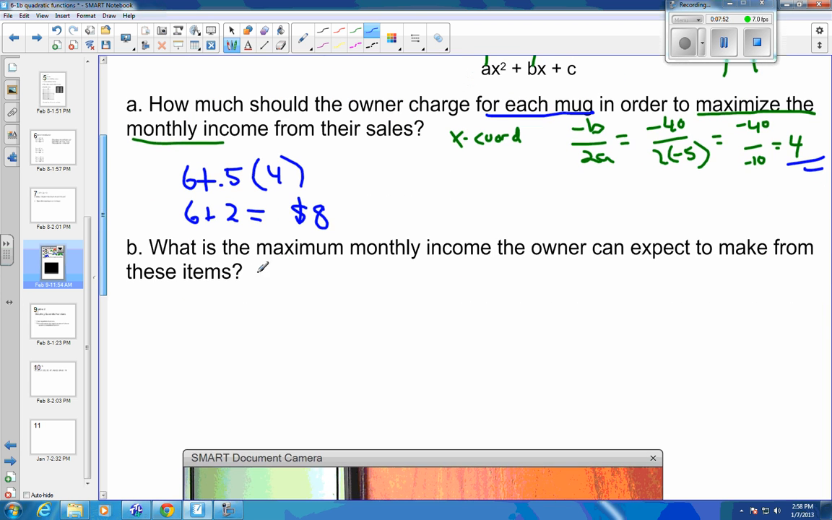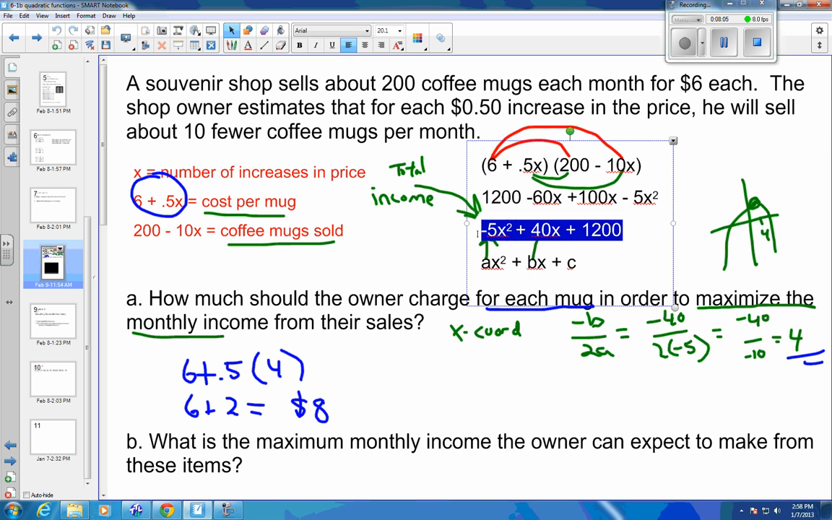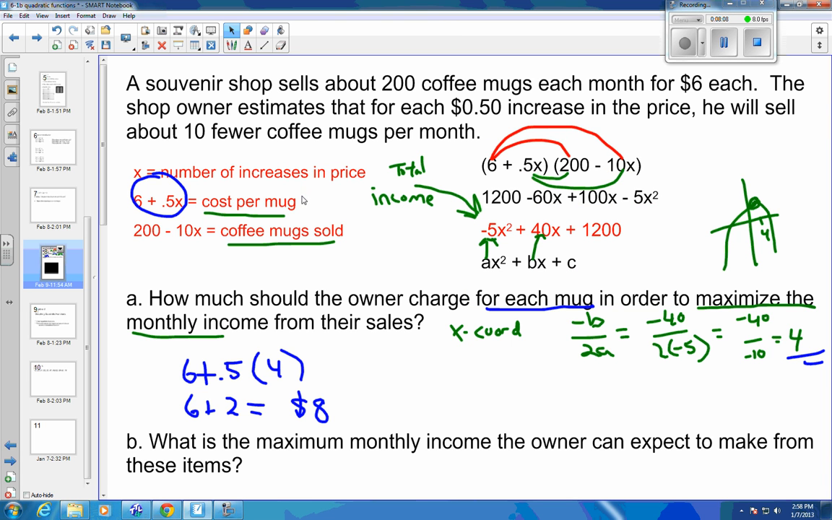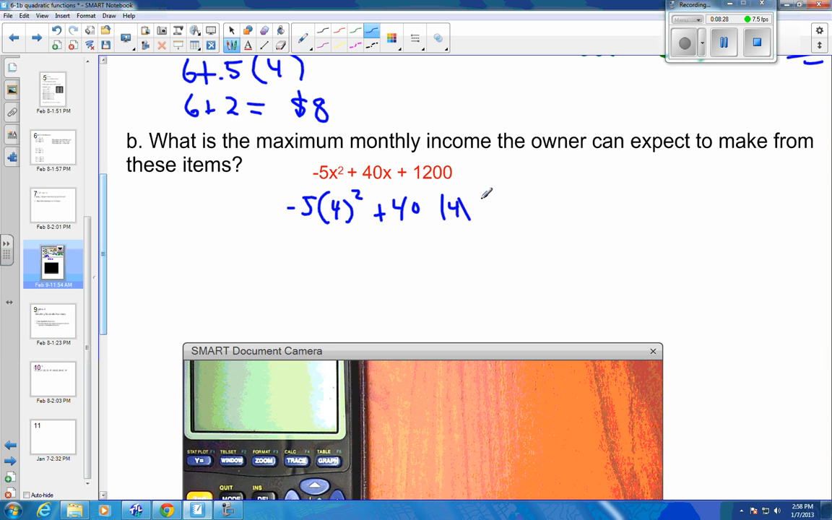Part B, what is the maximum monthly income the owner can expect to make from these items? Okay, well, this is our income right here, so we need this whole formula. So let me retype that or copy it. Control C, copy it. Control V, paste it somewhere, bring it down. And we know that our x is 4. So we come down here, we can then fill in negative 5 times 4 squared plus 40 times 4, and now my mouse is not working properly again,